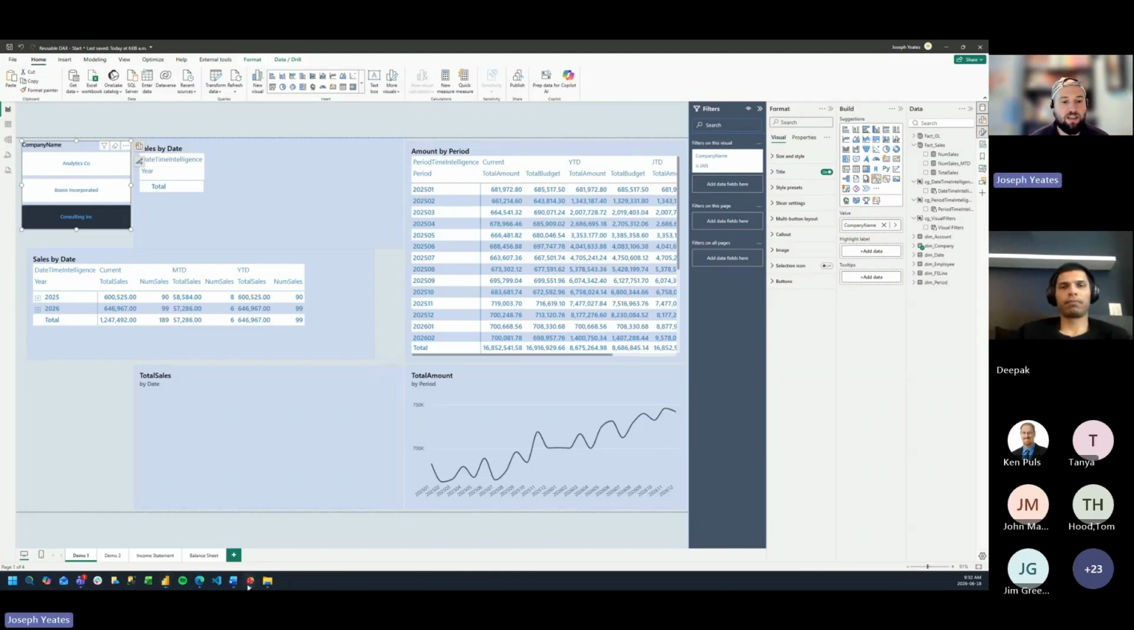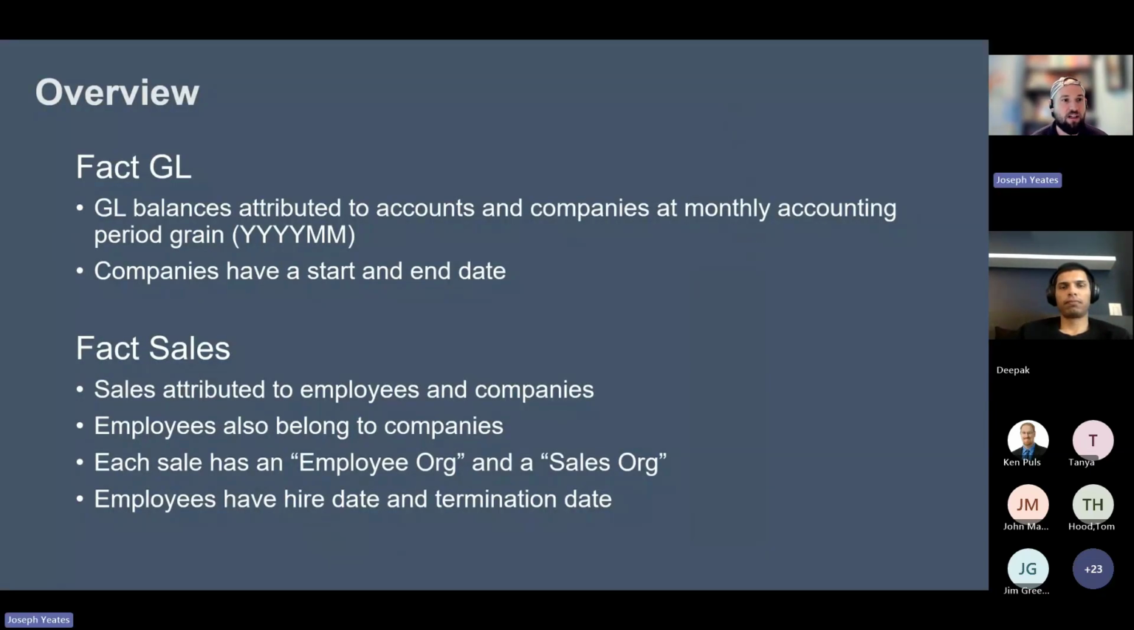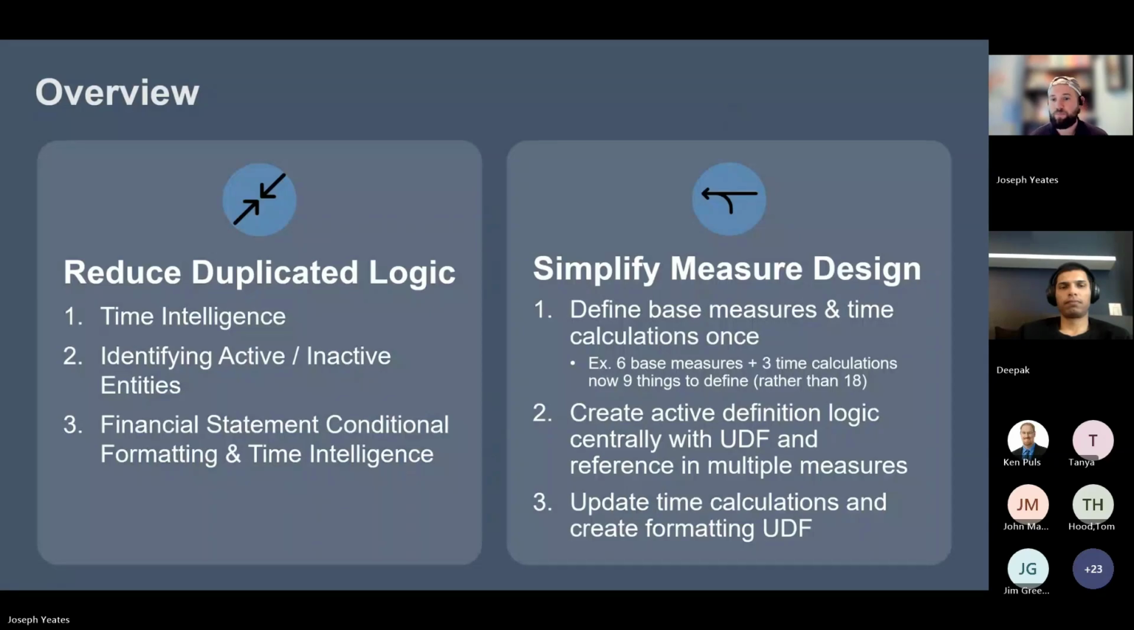Let's hop back into our slides. And that was the first demo that we went through here. We see for time intelligence, we're simplifying our measure design by defining base measures and time intelligence separately and just once. So just before I jump into the next demo of using user-defined functions for identifying active and inactive entities,